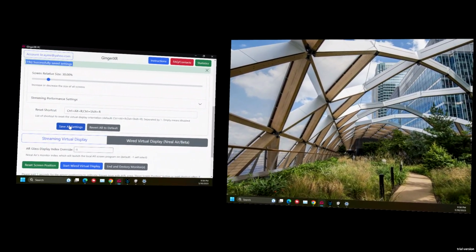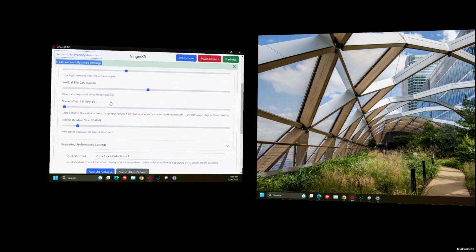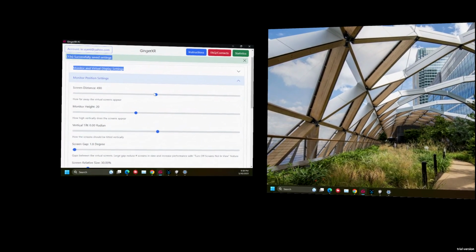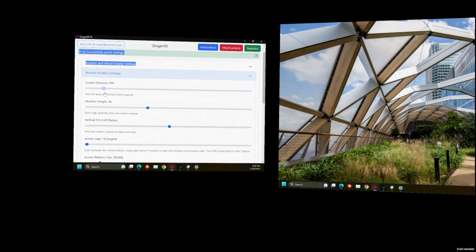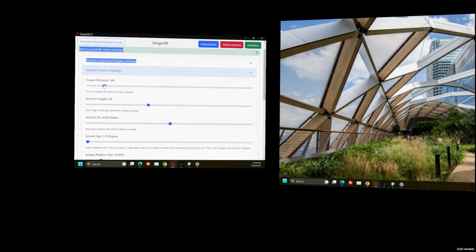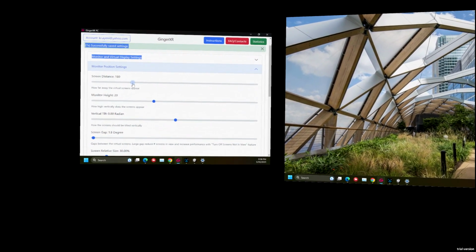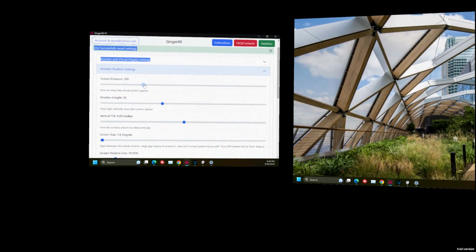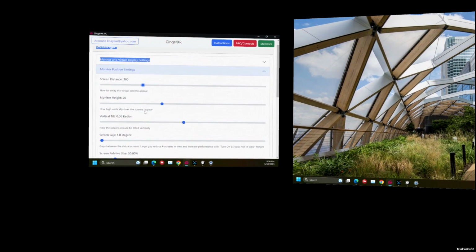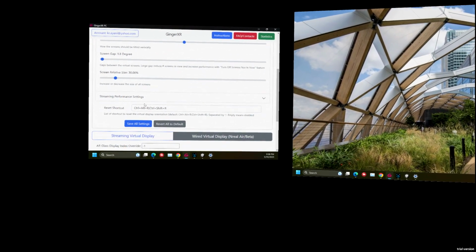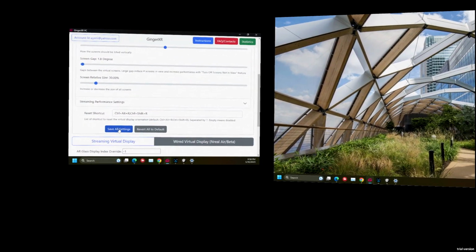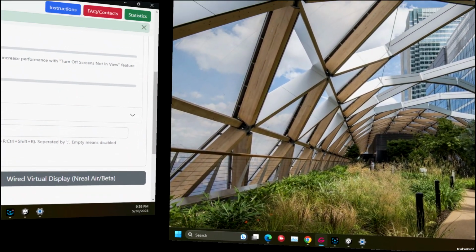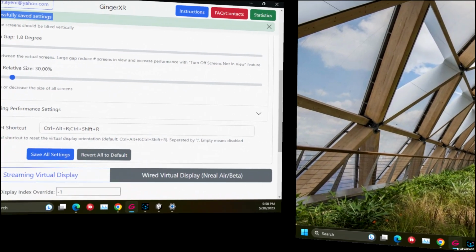And if you want to bring it closer, all you have to do is go back to screen distance and bring it to either 180, or in my case, I'm going to bring it back to 300. And then you're going to click on Save All Settings, and that brings the screen back to you, just like that. The next feature of this is